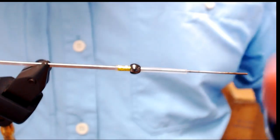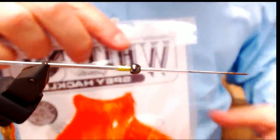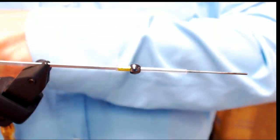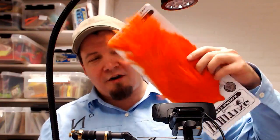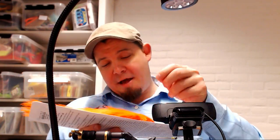But in order to make this an actual spey fly, what we need next is a spey hackle in orange. And of course a spey cape is a bit expensive. It's an expensive material, but they are just so very awesome. And this orange is very nice for a lot of different salmon flies, and it's going to look absolutely amazing